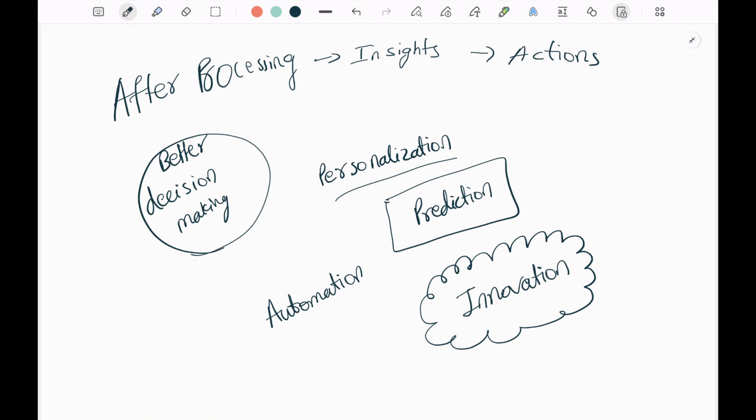Prediction, like predicting sales, customer churn, fraud, equipment failure, demand spikes. Then automation, like automatically detecting issues, triggering alerts, optimizing pricing, and improving systems. And then innovation, where big data helps businesses create new products, improve user experiences, and compete in the market. So the main goal is to turn raw data into insights and insights into action.